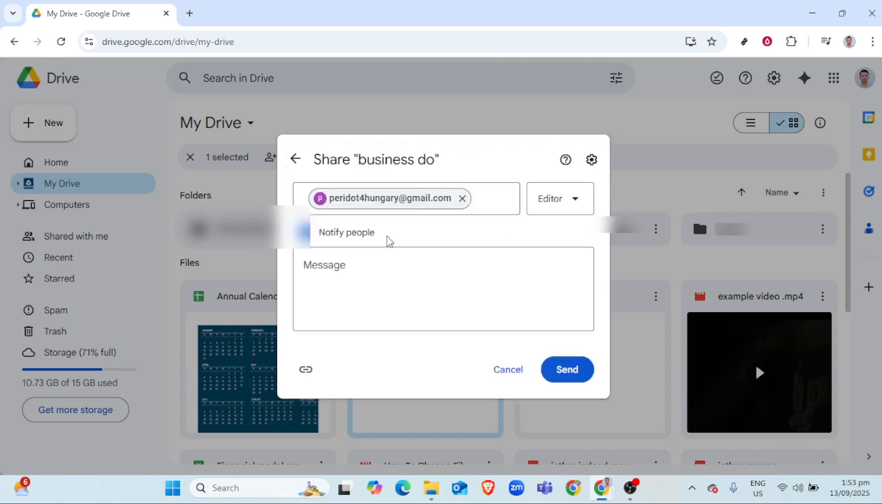To double-check the people with access later, simply right-click the file or folder, choose Share, and view who has current access permissions. This overview allows you to add new collaborators